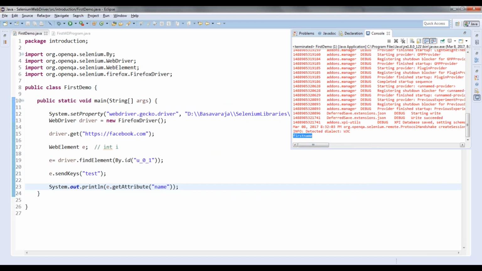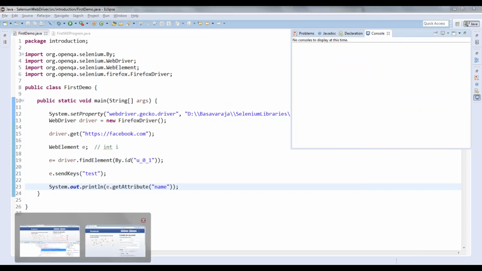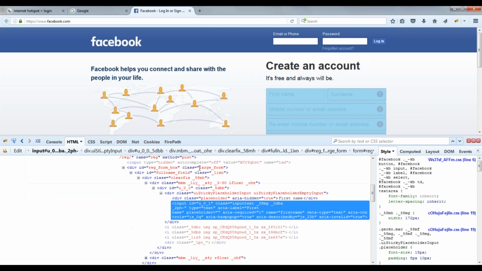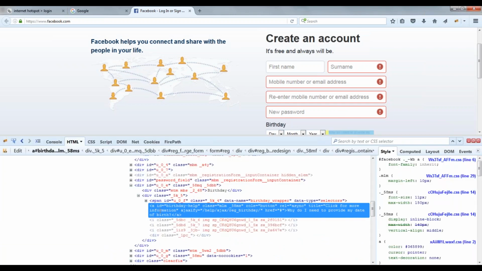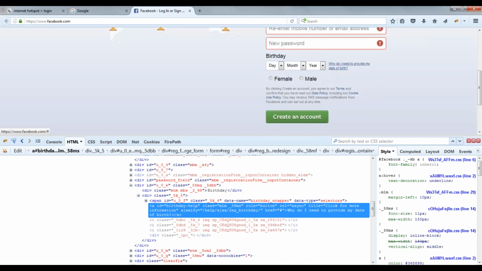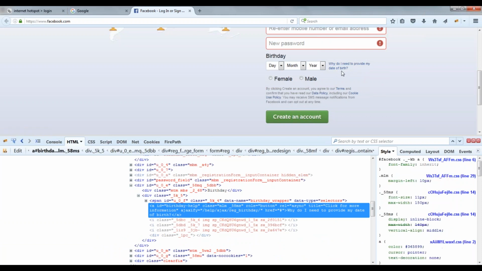Correct? Okay. Now in the same page, I want you to find this particular text, this particular link, using the partial link text.